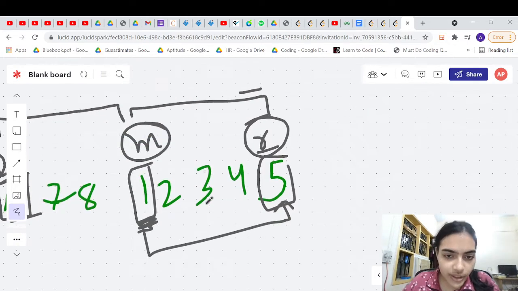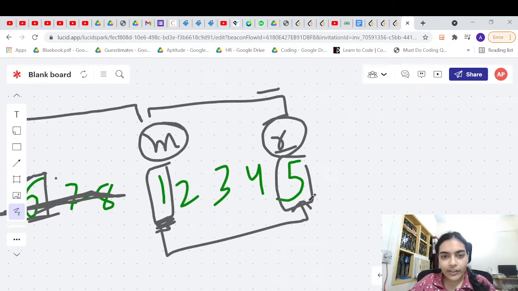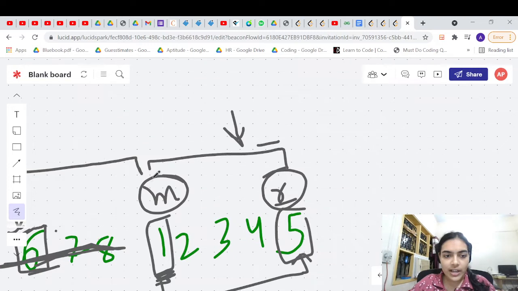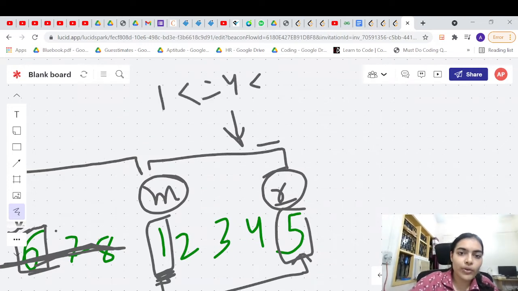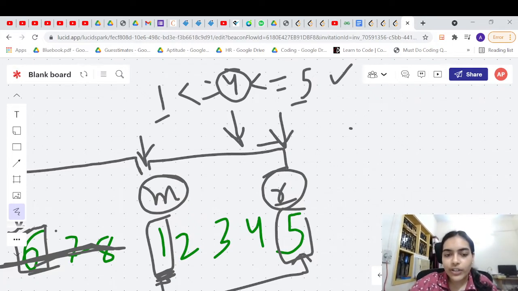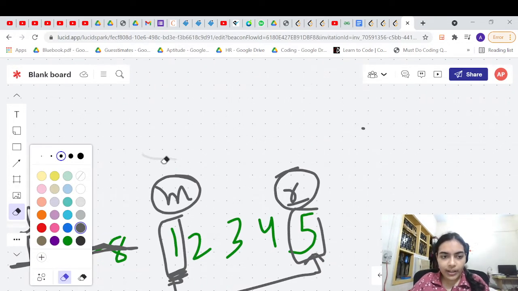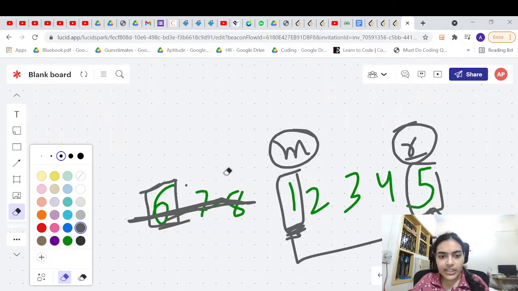So now we know that we can eliminate this part completely. It will not be here. It is lying within this range, because 1 is less than or equal to 4, less than or equal to 5. This is satisfying. So 4 is between 1 and 5. We already know mid, we already know right, and it is right sorted, so we are in the exact bracket range. Let me clear it out. Now let us move forward. We can just ignore this part.